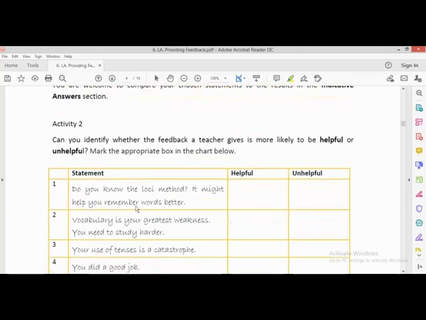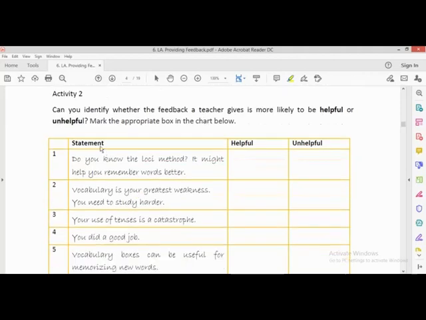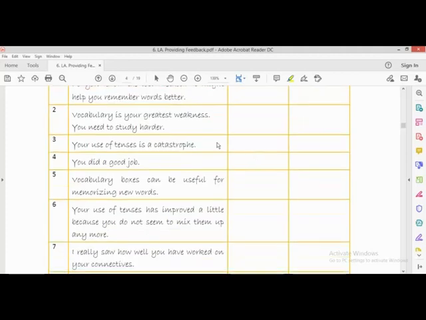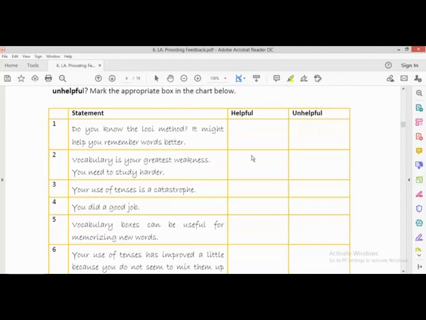Okay, and this is also provided by the writer here. The statement of the feedback, and whether as a student it is helpful or unhelpful. Okay, do you know the Lossy method? It might help you remember words better. Helpful or not? It is helpful, I think. Vocabulary is your greatest weakness. You need to study harder. Helpful or not? No, I think it is not helpful,